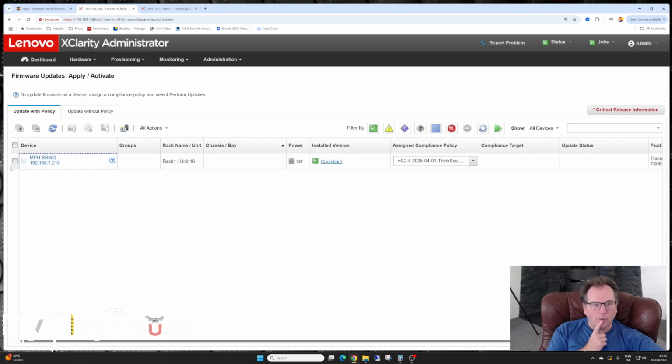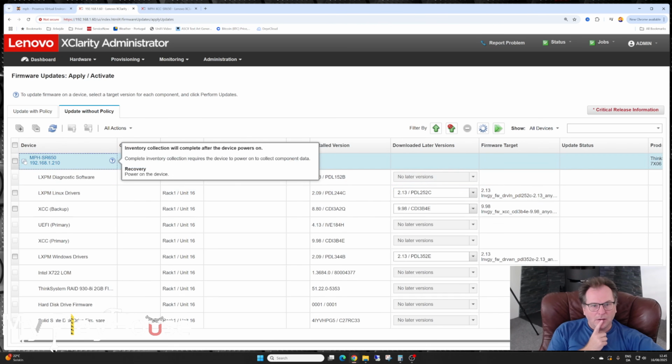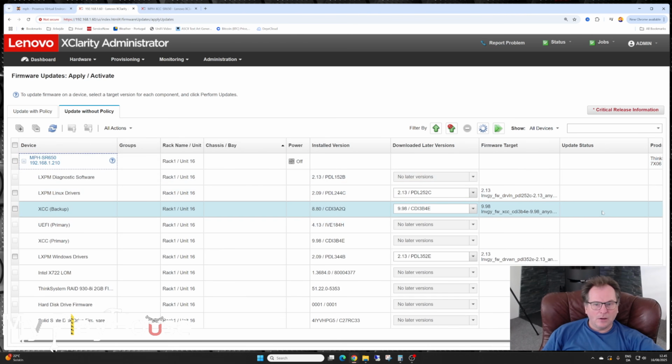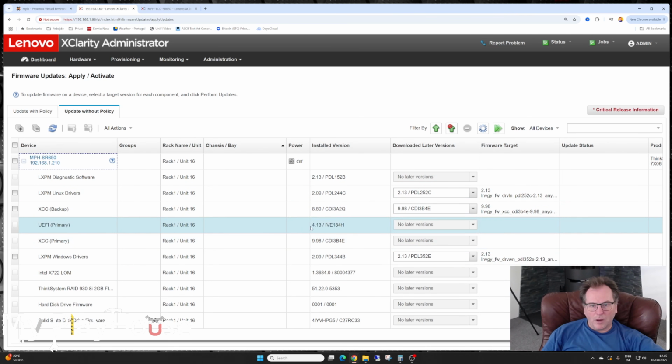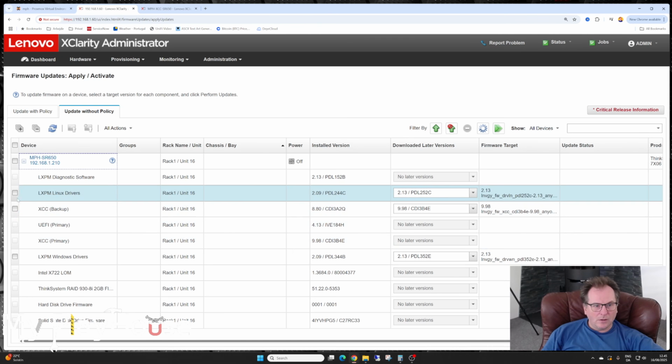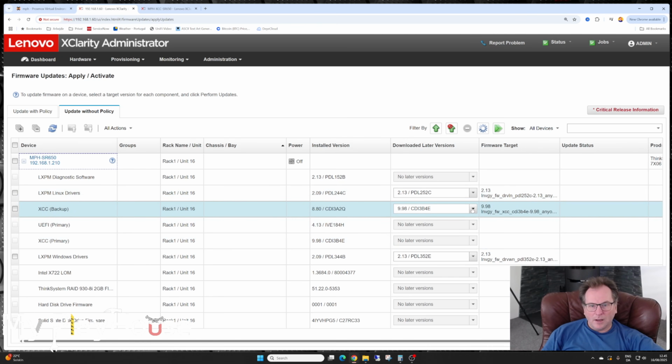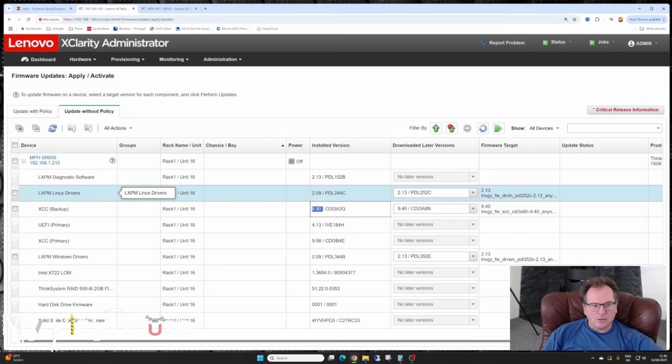I still want a firmware update, the backup, so we can do that without a policy. We can select the few things in here that we might wanna do. So we can do the backup. Let's not do the newest. Let's do this one. It's a bit newer than the one we have, but it's not the latest. And let's do the